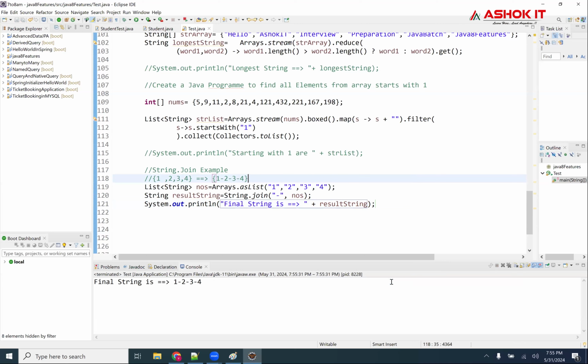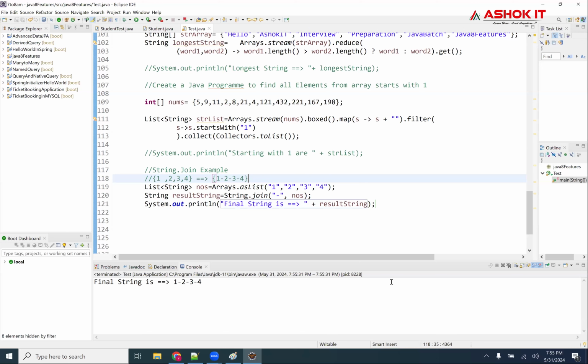This is the join method. So where will we use the join method in real time? For example, in Amazon or Flipkart, you are preparing an order. There are 100 products added in the cart.